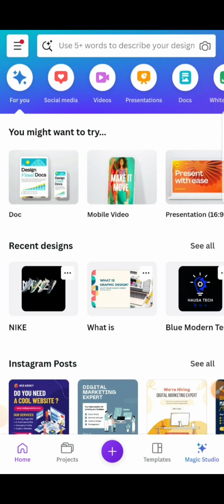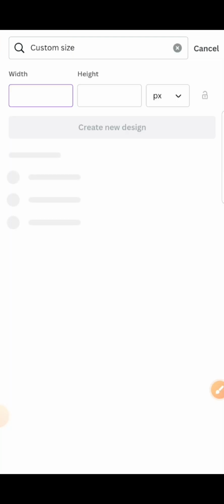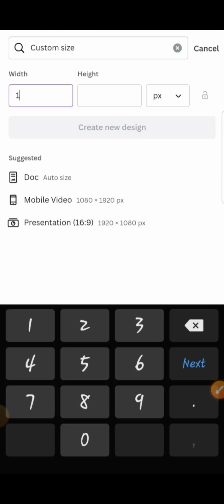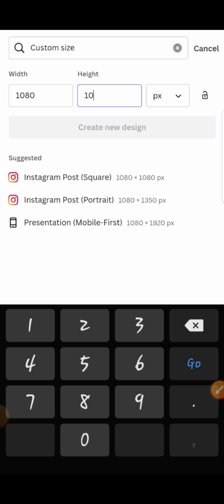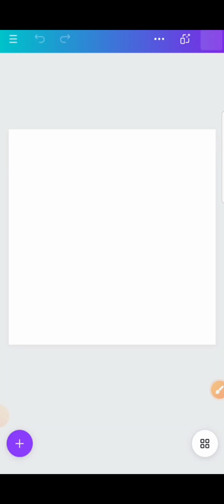So guys, right now we can add our project. Let's use custom size 1080 by 1080, so as to create a free space where we can actually input our picture, and from there we can remove the background. So now let's click on this plus icon,